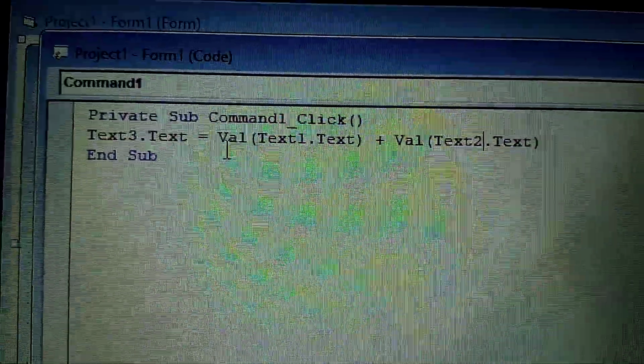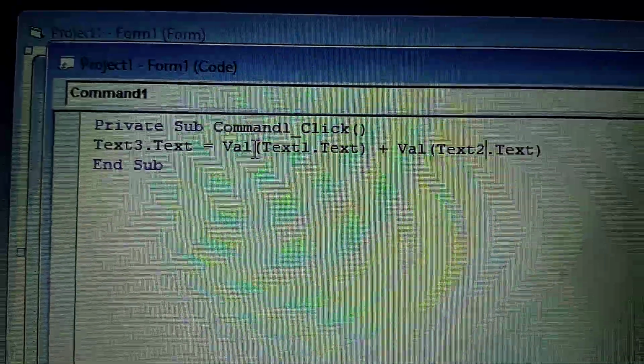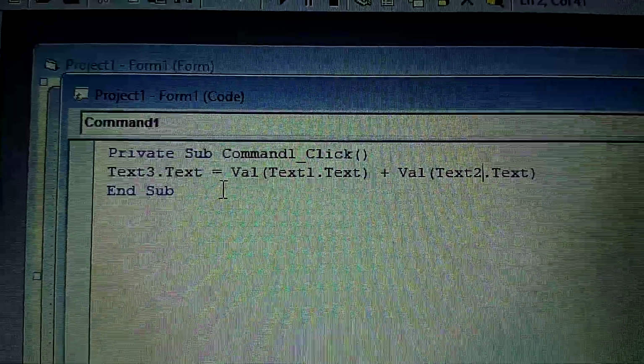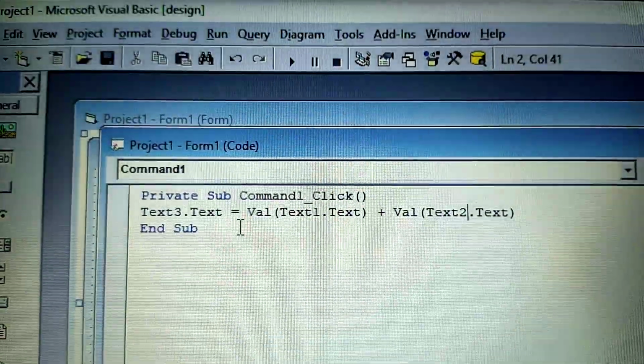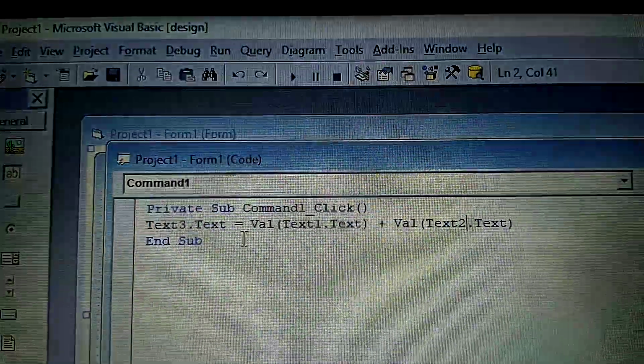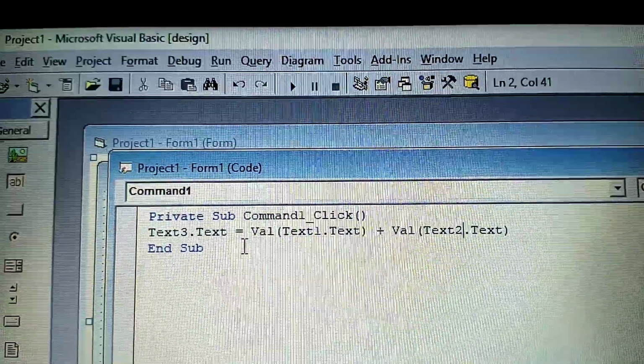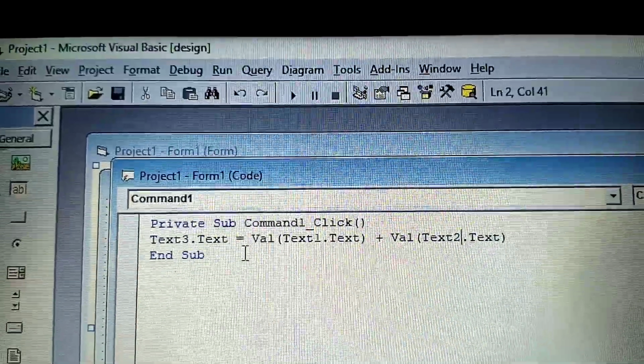Now the question may arise in your mind, why have I used Val? I can write Text1.Text plus Text2.Text. If I write that, suppose in Text1 I have taken 23 and in Text2 I have taken 3. If you add that, it should be 26.